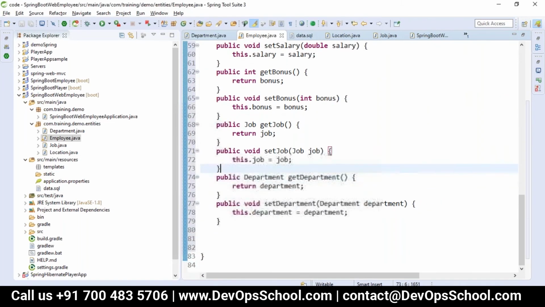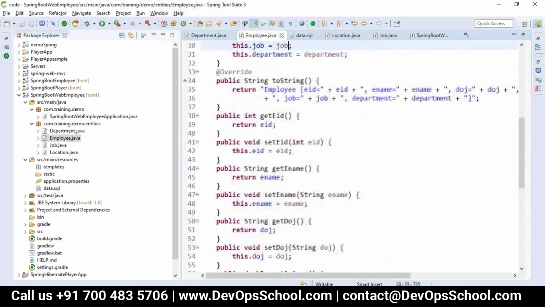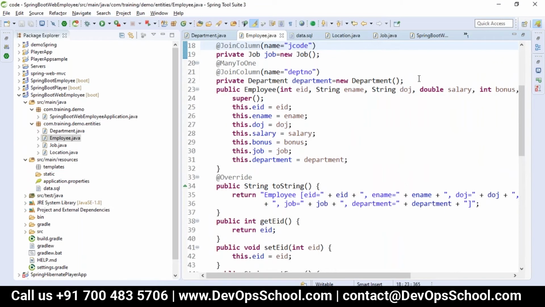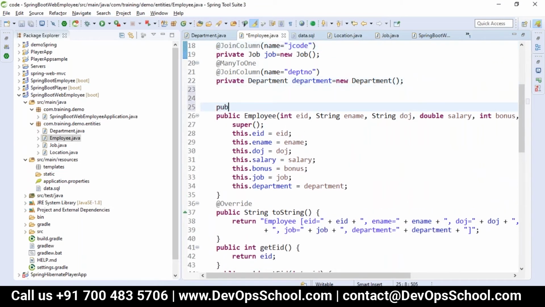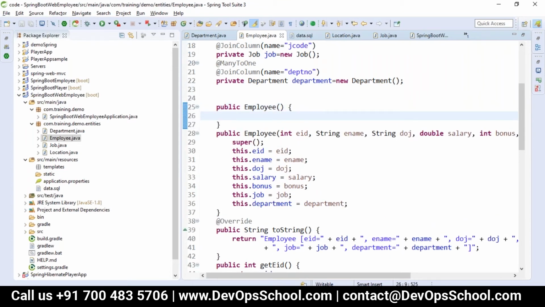I just made all my entities. So that's how all my entities got created.